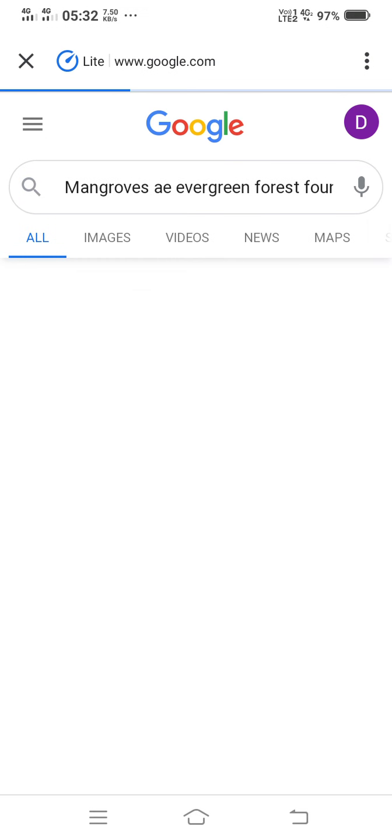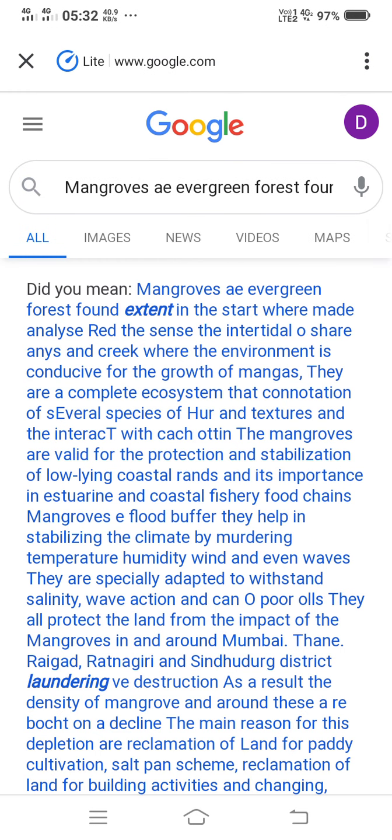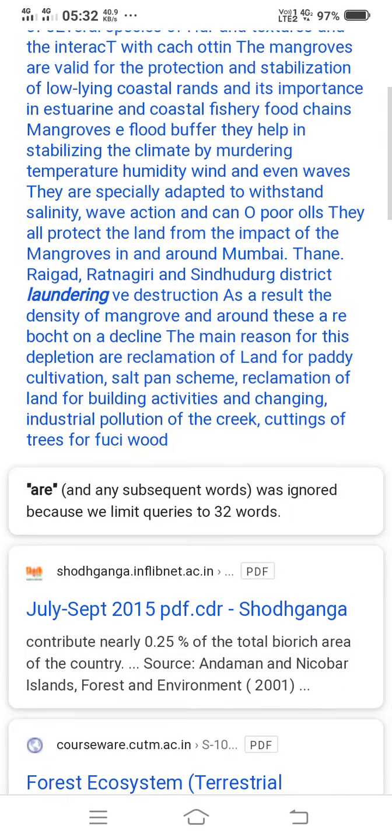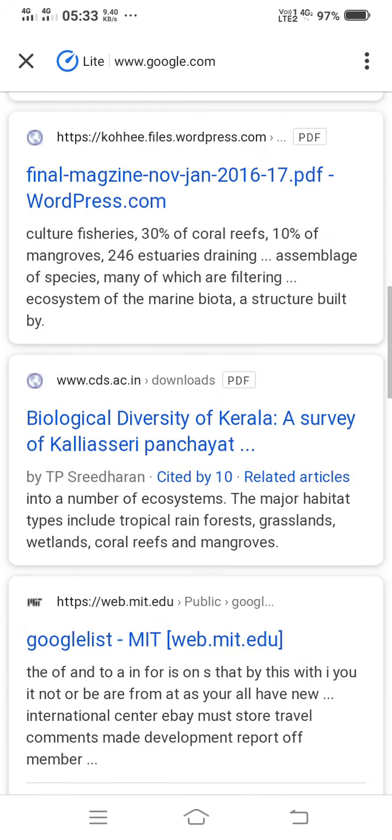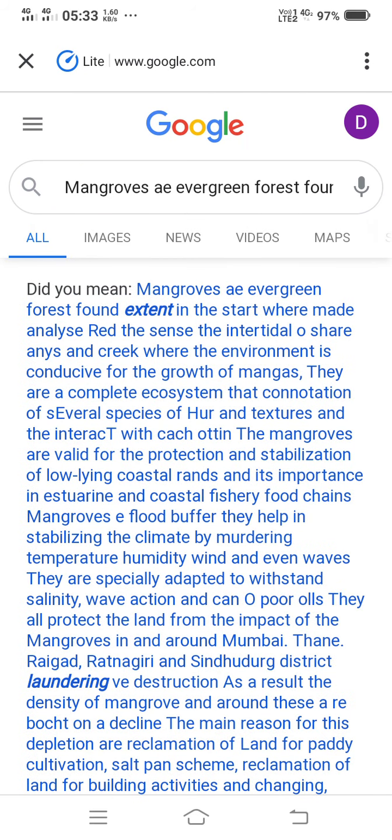Then whatever information about this text is available on Google, it will show you the links to different web pages. So this is a very interesting and amazing app every teacher should have on his mobile.